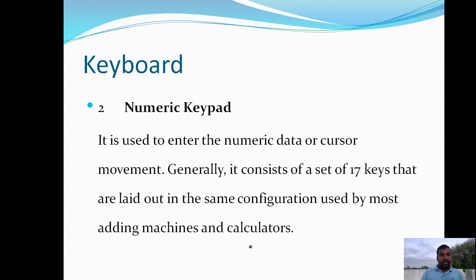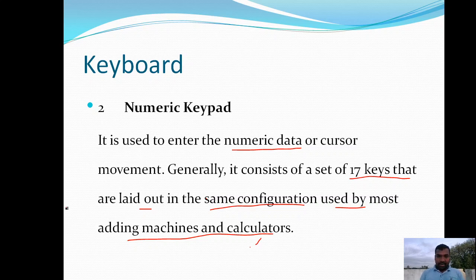Then the numeric keys. They are used to enter numeric data or for cursor movement. Generally, it consists of a set of 17 keys laid out in the same configuration used by most adding machines and calculators.